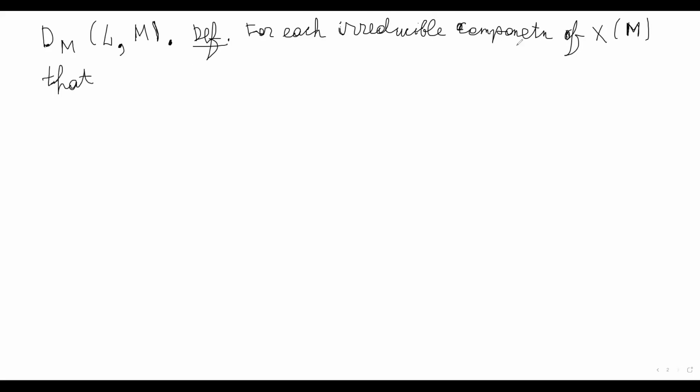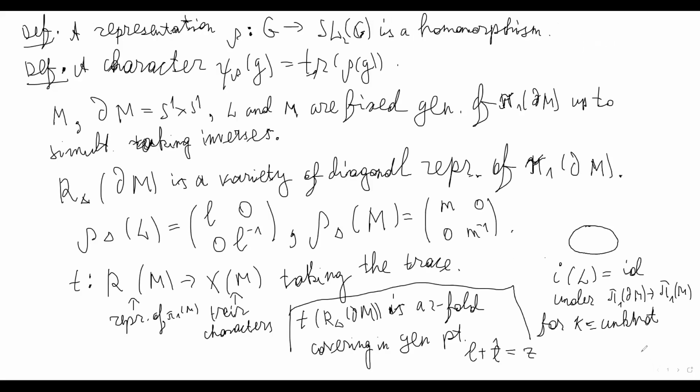For each irreducible component X prime of X of M, or of the character variety of M, such that, how did we say it? We want such that its restriction